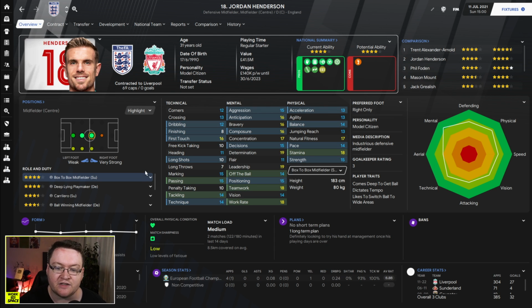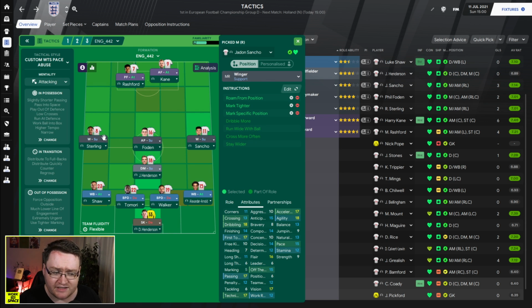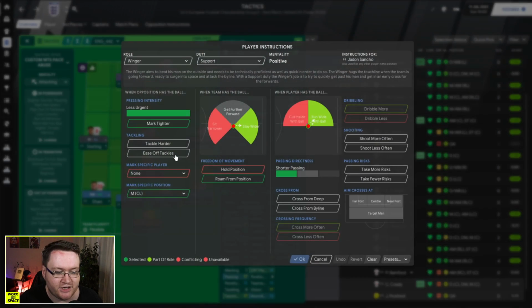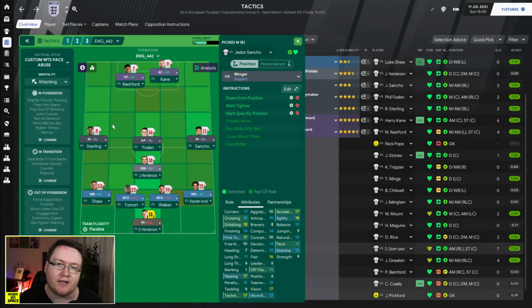I'm giving Jordan Henderson the nod to do that because I am going to need him to offer something going forward occasionally. With their system, they play with two centre mids. My plan to deal with this is basically to have Sancho and Sterling as wingers who are set to roam from position because there is going to be space in these wide areas to roam into. As you can see here, I've got them set to man mark the left centre mid and right centre mid